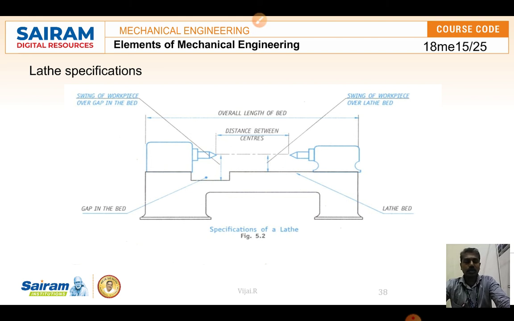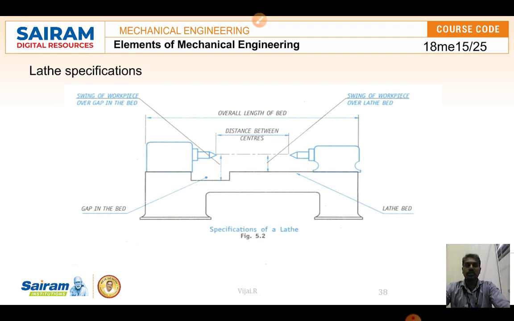And after this we are going to discuss the specification of the lathe. So what is the specification? Whenever we are going to purchase any component, we need to mention some values, that is some requirements or specifications. If you want to purchase a machine, we have to mention the size of the lathe, or say what diameter it can hold, or what length of workpiece can be held in between the two centers, and the swing diameter of the workpiece.